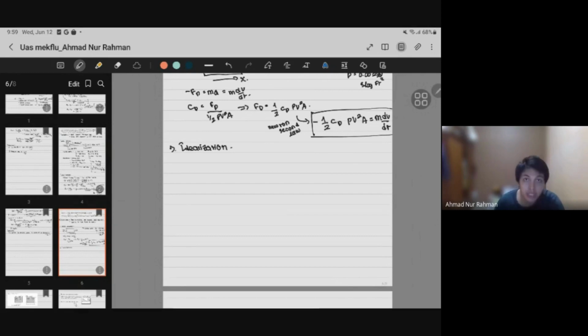We can begin by separating variable and integrand. We obtain